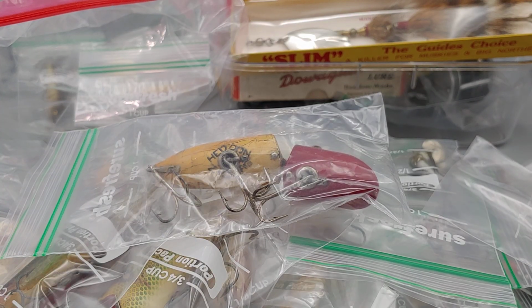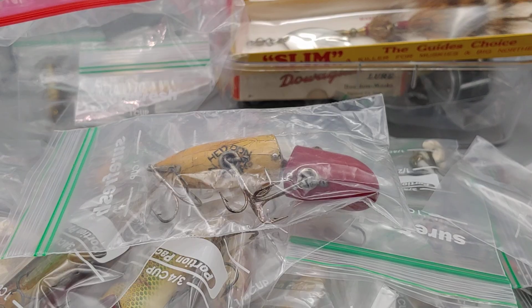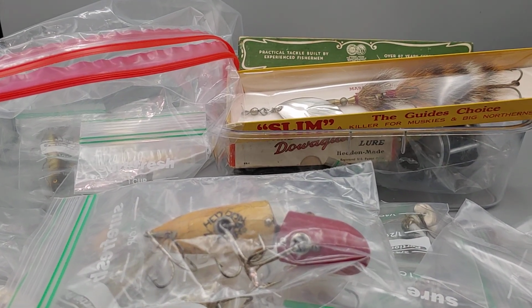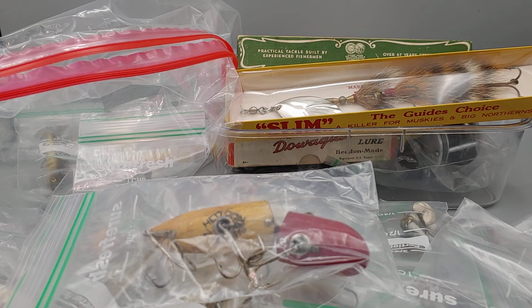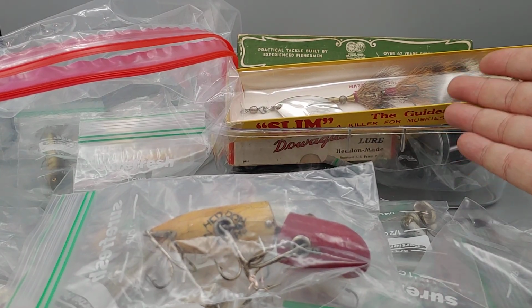And he's going to give me more, so I'm probably going to do another video after all this stuff sells. But I was just really, really pleasantly surprised on how quickly some of these items sell on eBay, which is crazy. And I know there's dedicated sites to selling lures, but you kind of have to look around for them, whereas eBay is so easy. It's just, hey, I'm looking for this particular lure to complete my collection. So you have the museum quality stuff,